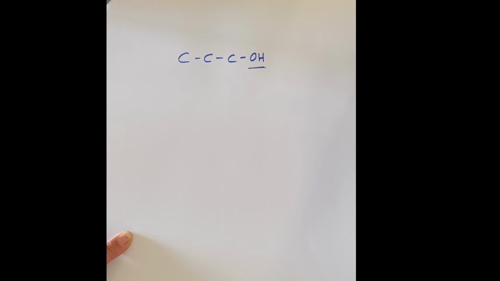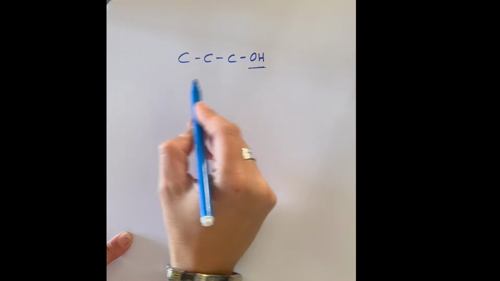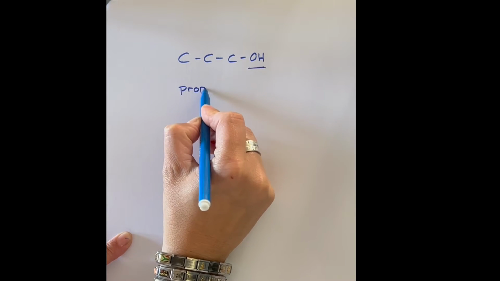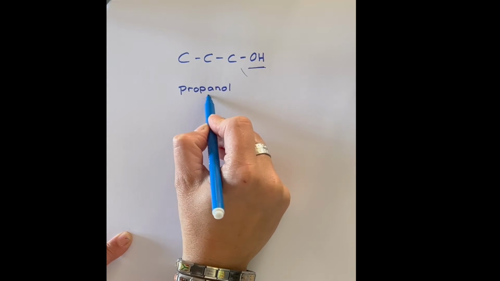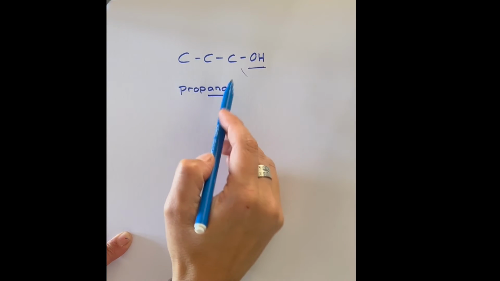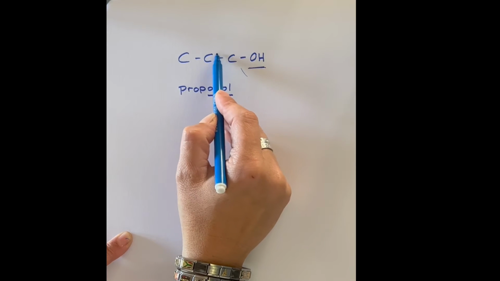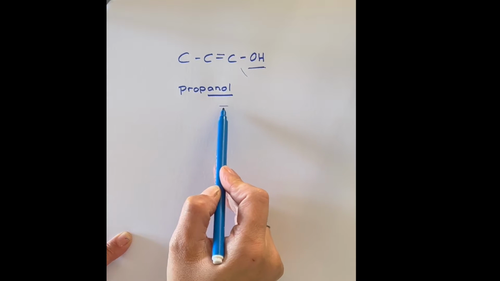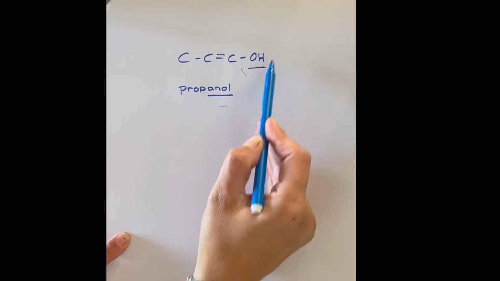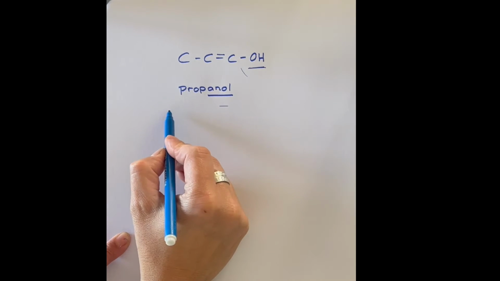So this alcohol is named, if we look at this one, it's a 3, so it's prop. And because it's an alcohol, it has a surname of anol. Okay, so propanol as alcohol. Or if we have a molecule that looks like this, for instance, that has a double bond, so it's an alkene, that surname, the ene, is really taken at the end of the name, so we need to put this alcohol somewhere in front, so we're going to call it